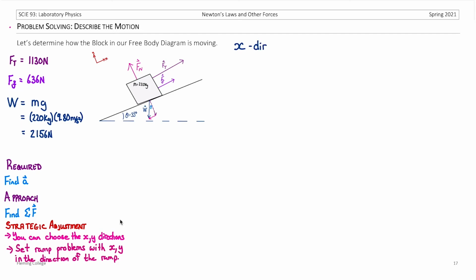So in this case, we're looking for the net force, which means we're looking for the x component of that net force, and we need to add the force of tension's x component, the force of friction's x component, and the force of weight x component. Because of our strategic setup, we know that the force of tension is entirely in the x, the force of friction is entirely in the x, and the force of weight, if we look at our triangle again, the x component is the far side, so we're going to be looking at the weight magnitude multiplied by the sine, and